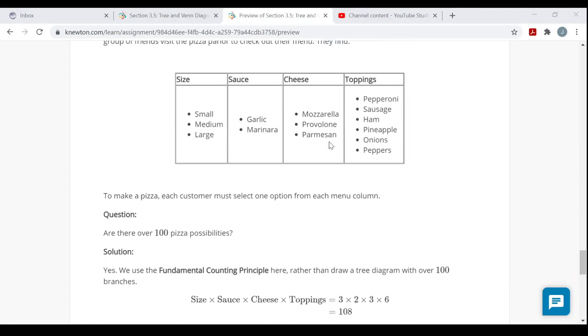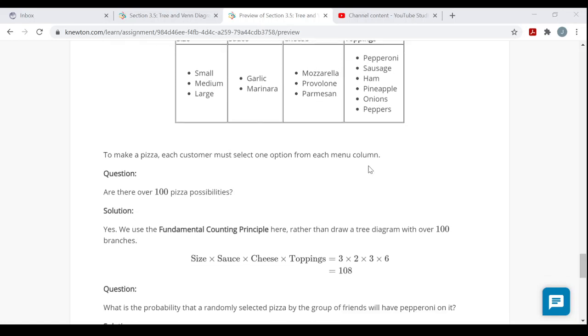So again, you think about your choices. You'd have 3 choices of size, so 3 times 2 choices of sauce, 3 times 2. 3 choices of cheese, so 3 times 2 times 3, that's 18. And they said it has to have pepperoni. So you have one choice. So 3 times 2 times 3 times 1. That'd be 18. 18 out of 108,